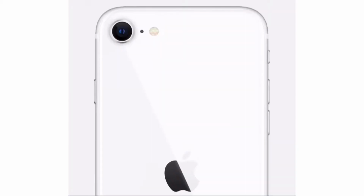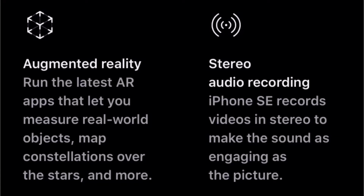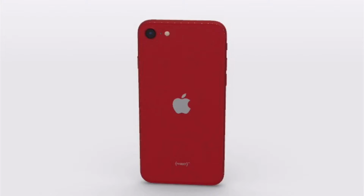Now with the 1821 mAh battery capacity, same as the iPhone 8, my doubt is that this phone might not last as long as the Apple iPhone 8, which on full charge can last for a day. Whereas with the presence of the A13 Bionic chip, which is more efficient in terms of power, I doubt this phone is going to meet up with the same battery capacity of the Apple iPhone 8. Apple is saying this phone is going to have 13 hours of internet usage and a full day of usage